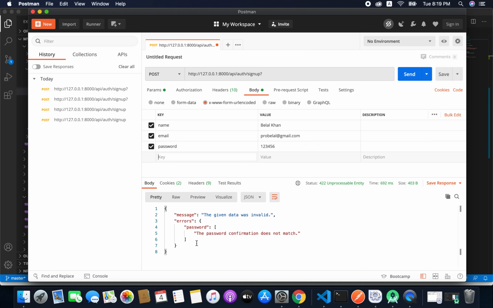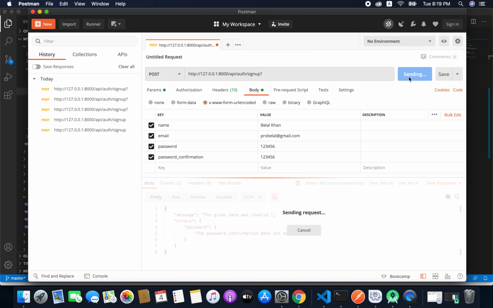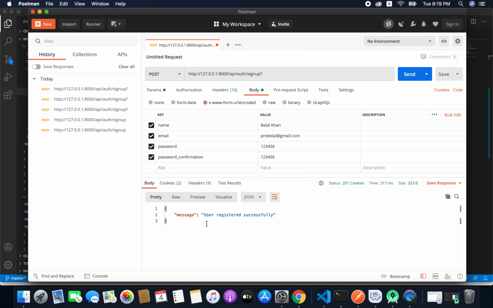Now still we are getting an error, and it is because for password we need to send one more field, that is password underscore confirmation, and it should match with our password. Now if I send the request, I will get the message that user registered successfully.